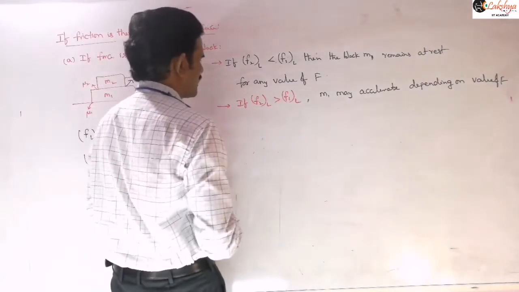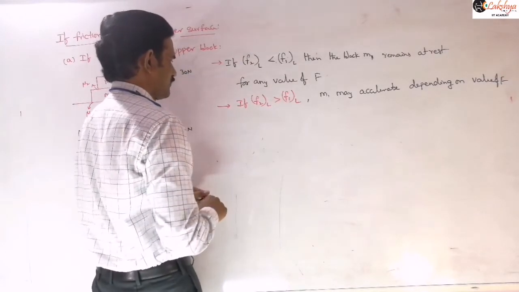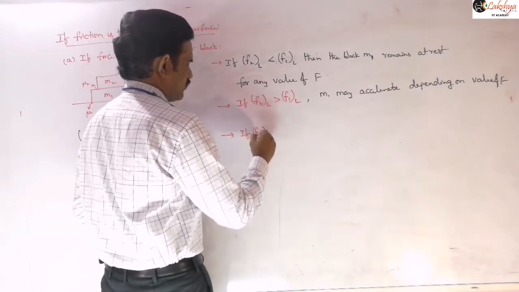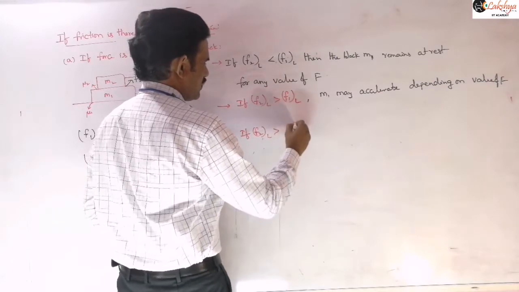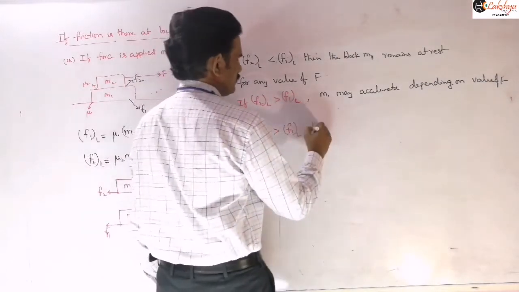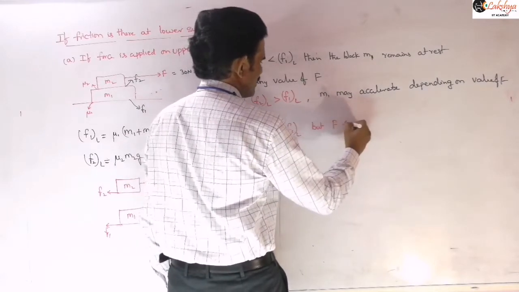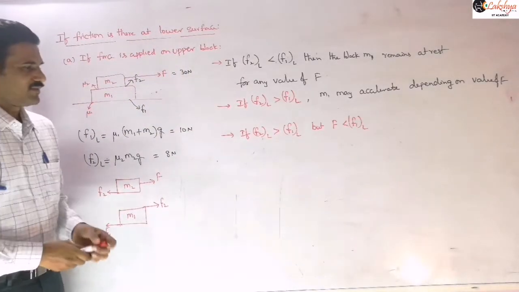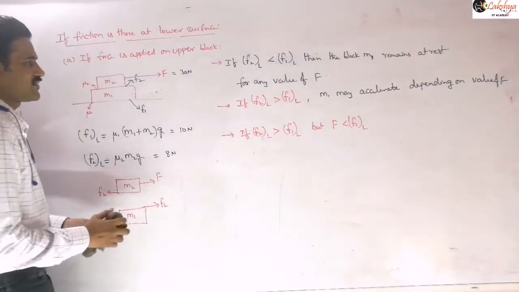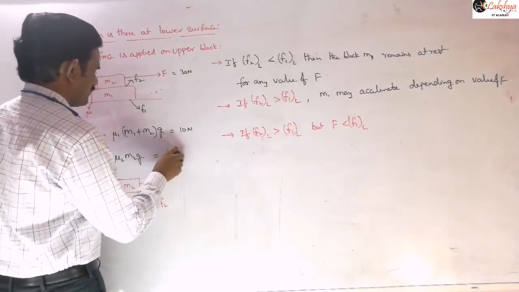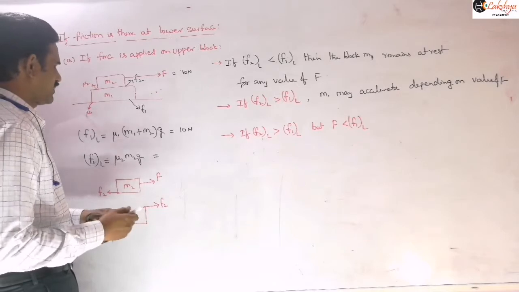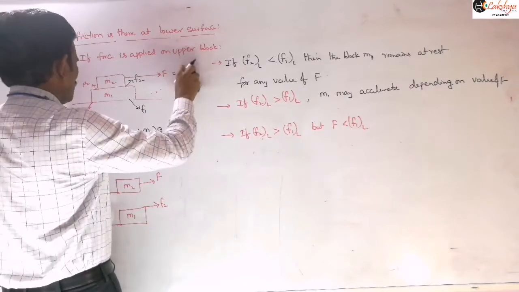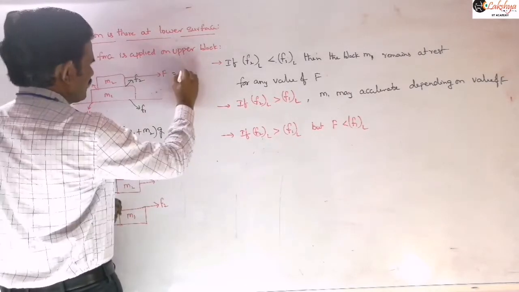So now in this case I am taking F2 limiting is greater than F1 limiting, but F is less than F1 limiting. That means now again I will take numericals here so that you will get the clarity. Suppose this F1 limiting, let us take 10 newtons and this is some 18 newtons, let us consider here, and this value is suppose say some 8 newtons.